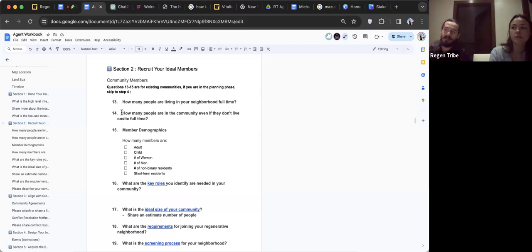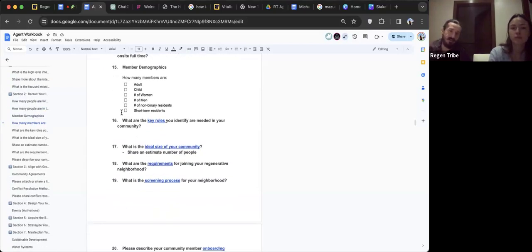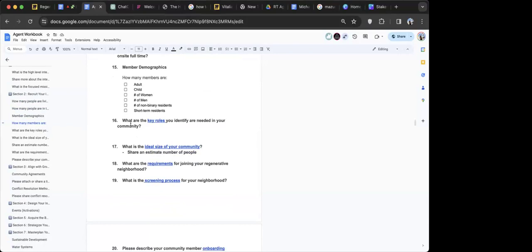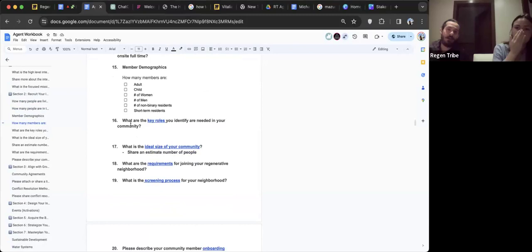Also the demographics: how many adults, children, women, men, short-term residents, long-term residents, non-binary people we have as well. So identifying who are the people that you will be committing to. This is all key information that needs to be shared when people are making a decision on how eager they are or how fast they can move with joining your